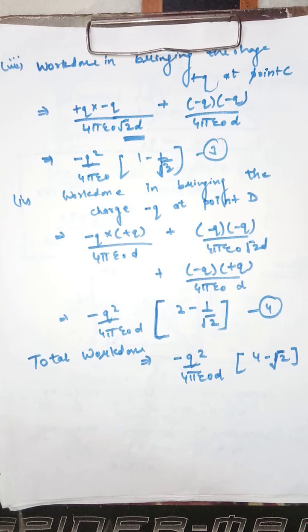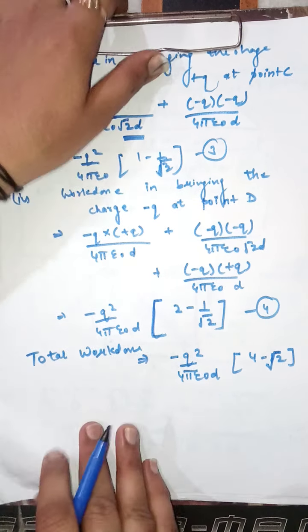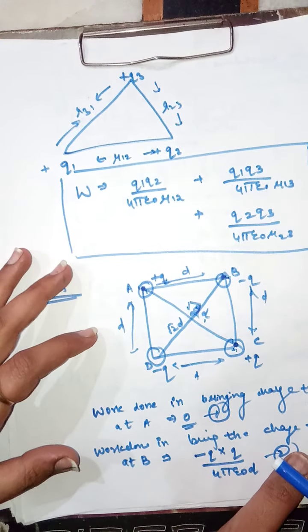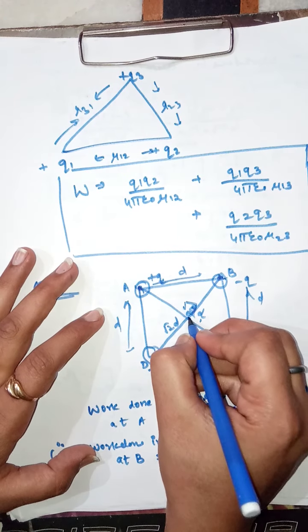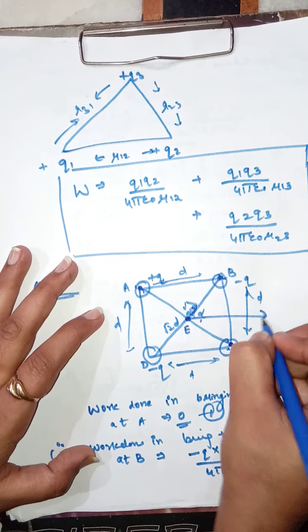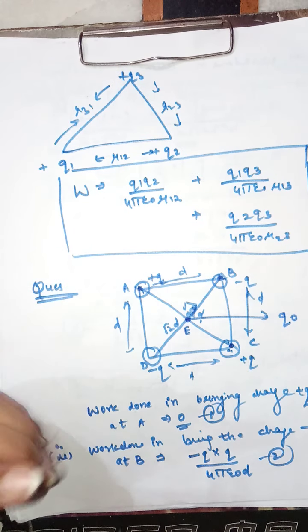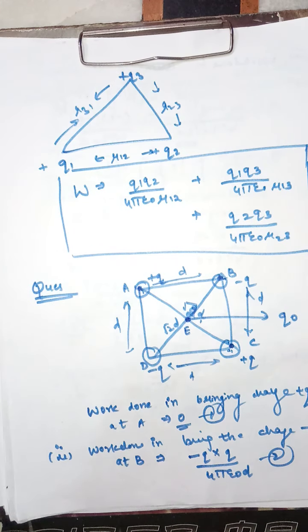Now, as your homework, okay, we are not talking about homework first. We will consider the second case of this equation. The second part of this particular equation is a charge Q naught is brought, again listen to me very carefully, a charge Q naught is brought at the center E of the sphere. This is the center E of sphere and I have brought a charge Q naught at this point.